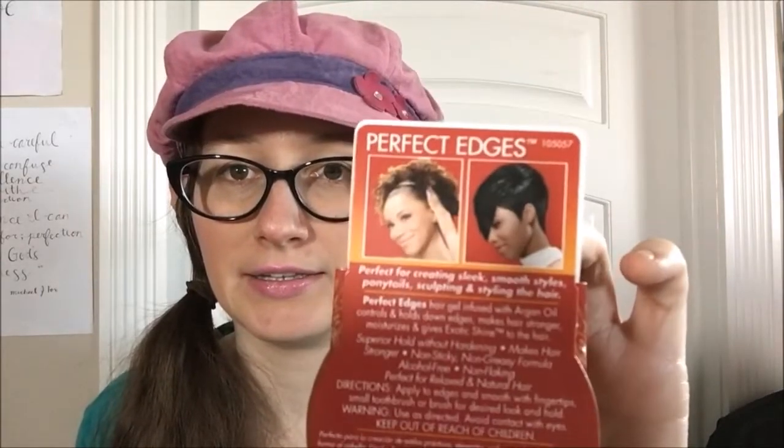Perfect hold, exotic shine, and makes hair stronger. #1 hair gel from Morocco. Kind of interesting. And then the back looks like that. Perfect for creating sleek, smooth styles, ponytails, sculpting, and styling the hair. Perfect Edges hair gel infused with argan oil controls and holds down edges, makes hair stronger, moisturizes, and gives exotic shine to the hair. Superior hold without hardening, makes hair stronger, non-sticky, non-greasy formula, alcohol-free, non-flaking, perfect for relaxed and